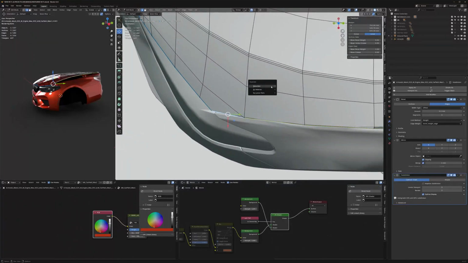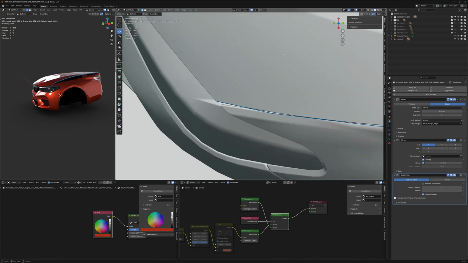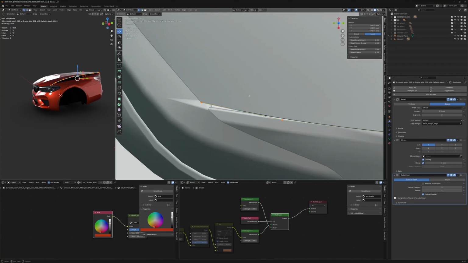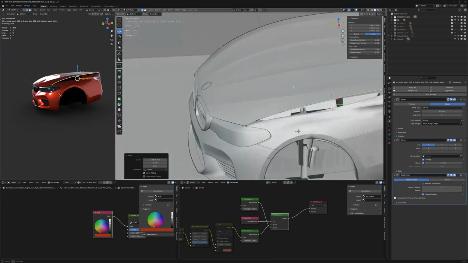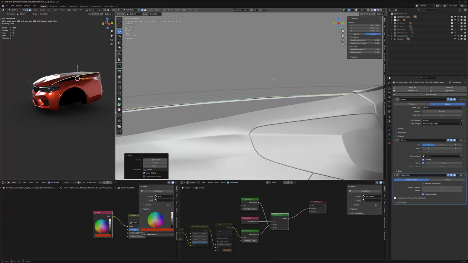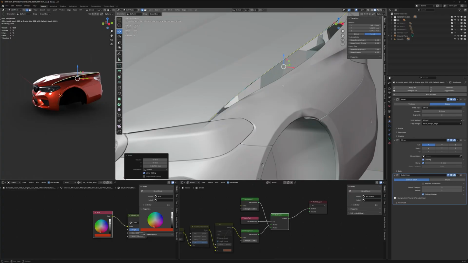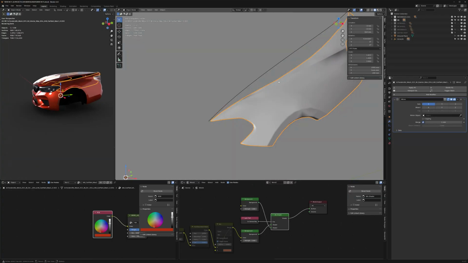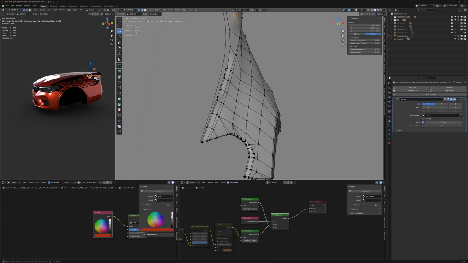So let's separate that, let's select it, and then let's turn auto merge off and snapping off. Select all, and let's go G down, down, down like this. And then let's have a look in side view. Let's go down a touch, not too much. And then now let's join this to these. So let's get rid of that flange